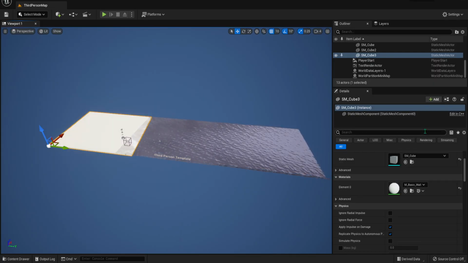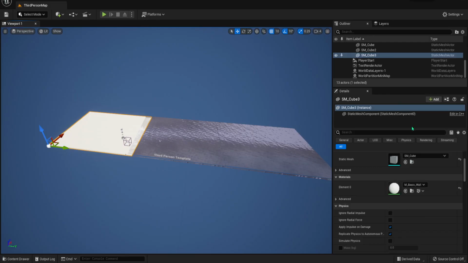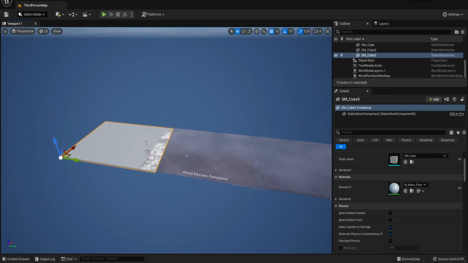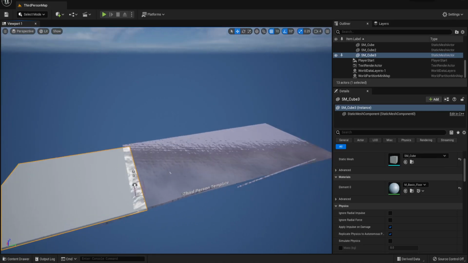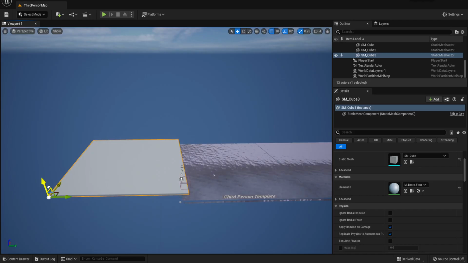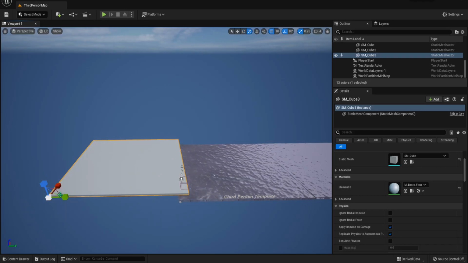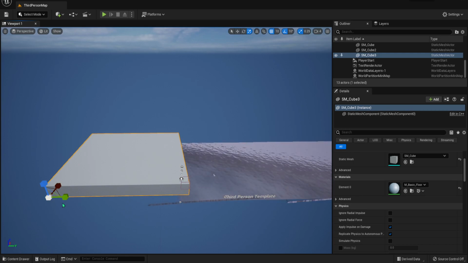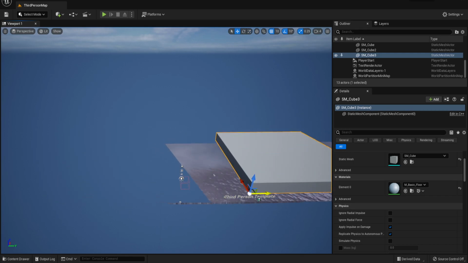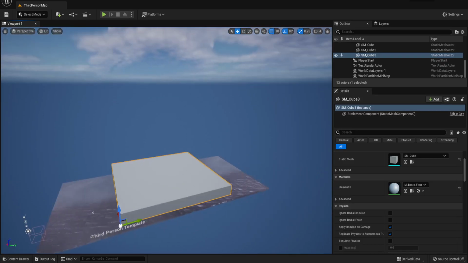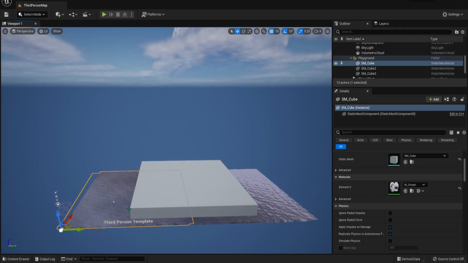Basic wall. There it is. Okay, basic floor might be better. There. Thicker here. One thing we're definitely not going to keep is that wavy thing.